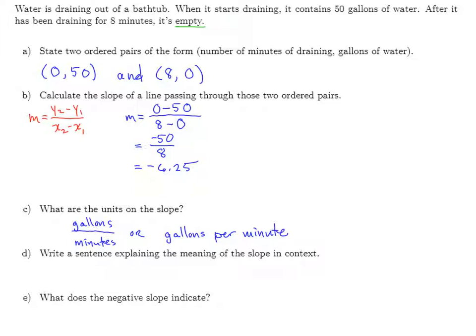Now looking at this negative slope, the last thing we'll summarize is what that negative slope indicates. But thinking of writing a sentence explaining the meaning of this slope in context, we had a slope of negative 6.25, and our units were gallons per minute. So each minute, the number of gallons is decreasing by 6.25. And we'll use on average, since we calculated that with just two data points. So on average,